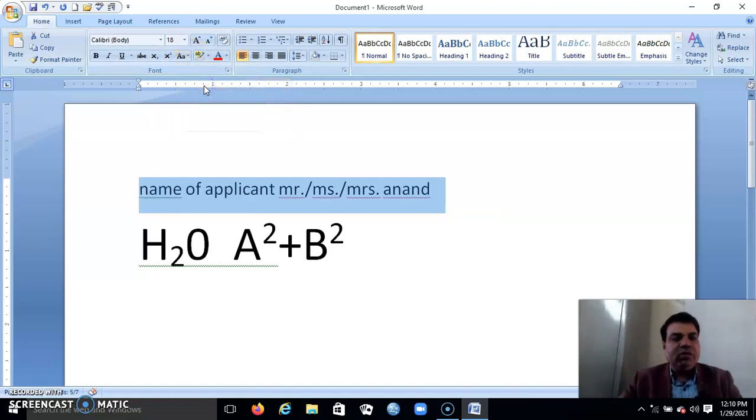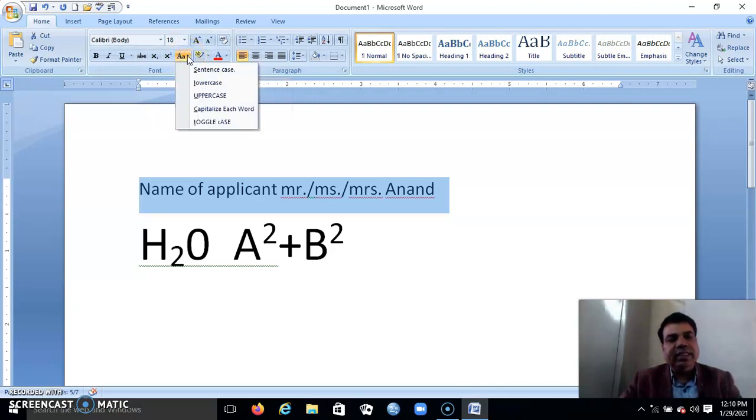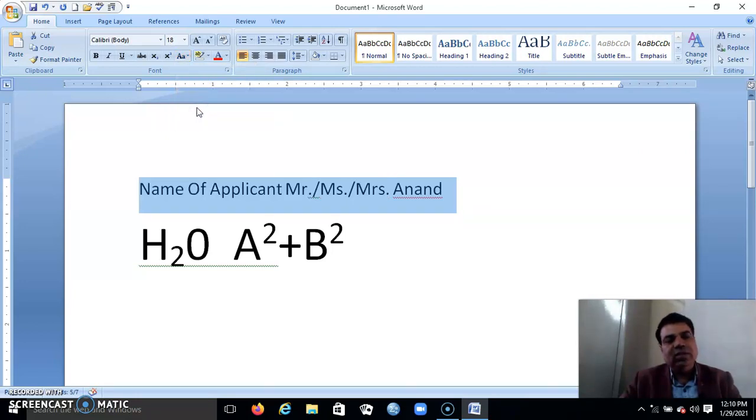All will be converted into lowercase. Suppose you want to convert to sentence case, meaning the first letter will be capital and all the other letters will be small. It is called sentence case. Now you want to capitalize each word, meaning in name, N will be capital, in application, A will be capital, and like this. You can see.